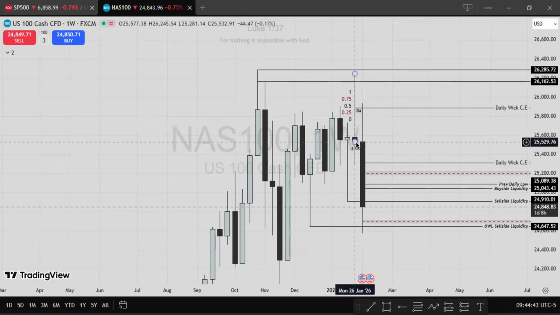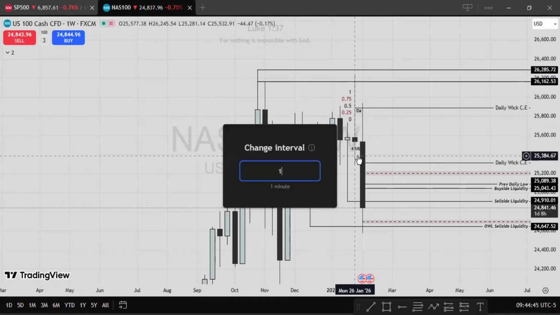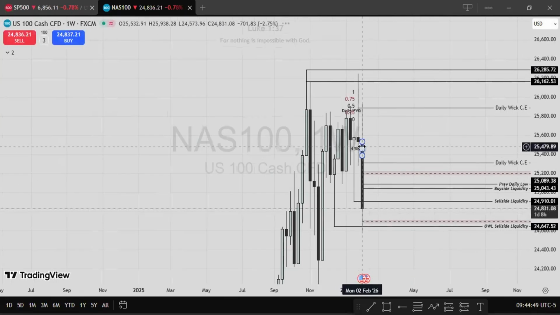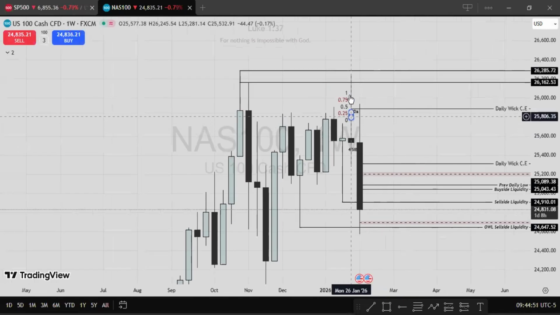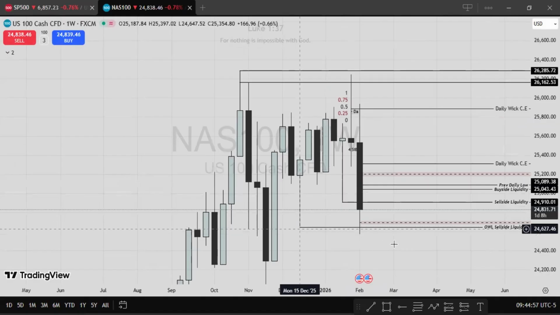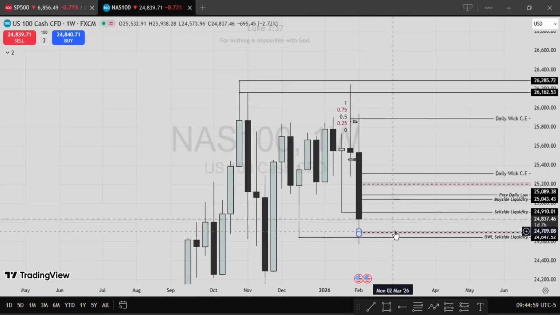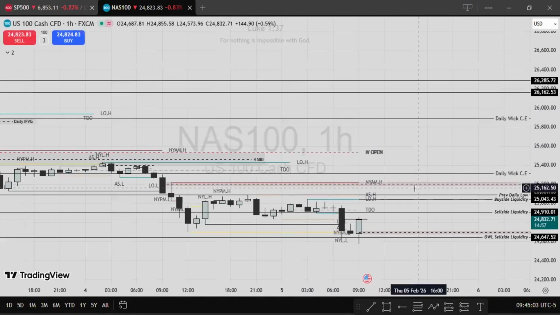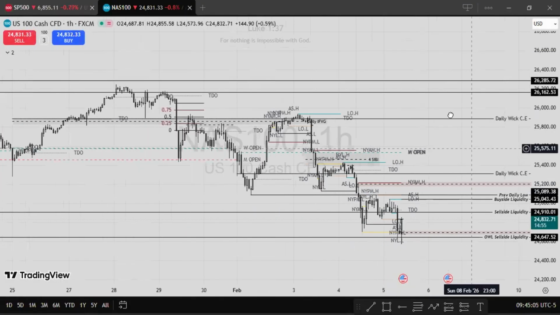So look at that. We have that wick that we spoke about. Quick update. We spoke about this wick and getting that rejection there. And then we came for that low, and that low that I had marked out. So right now,